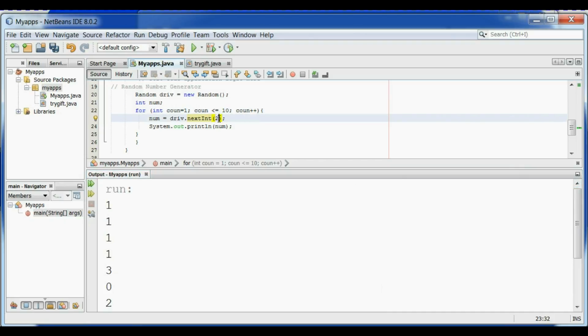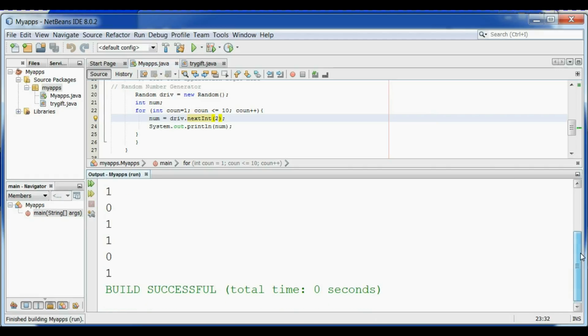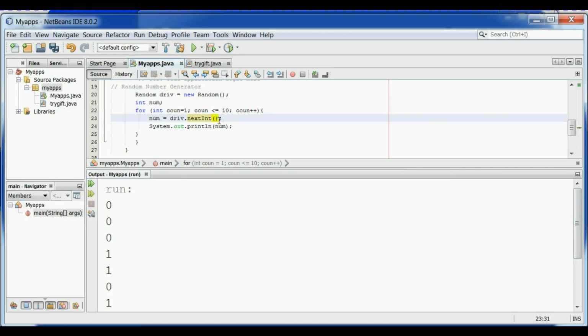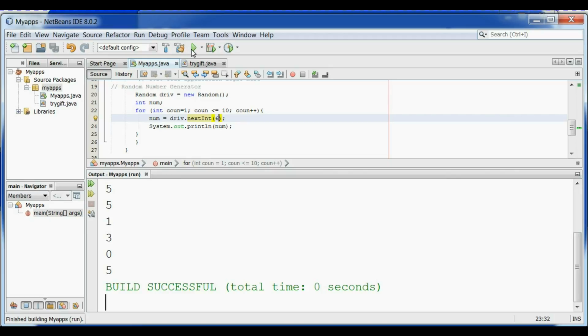Let me use 2. Okay, now this is it here. Let me use 6. Let me see, randomly by 6, 1 2 3 4 5 6. As you can see here, 1 2 3 4 5 6. Randomly by 6, randomly by 5. Let me count